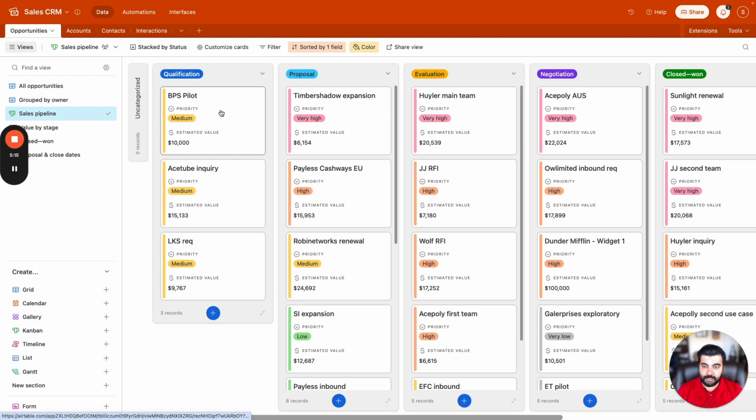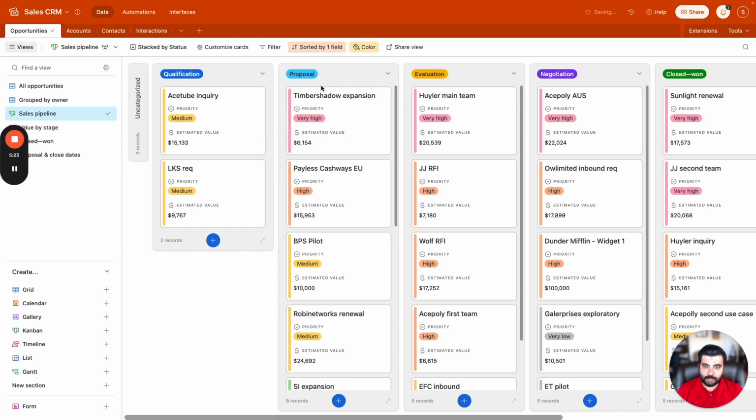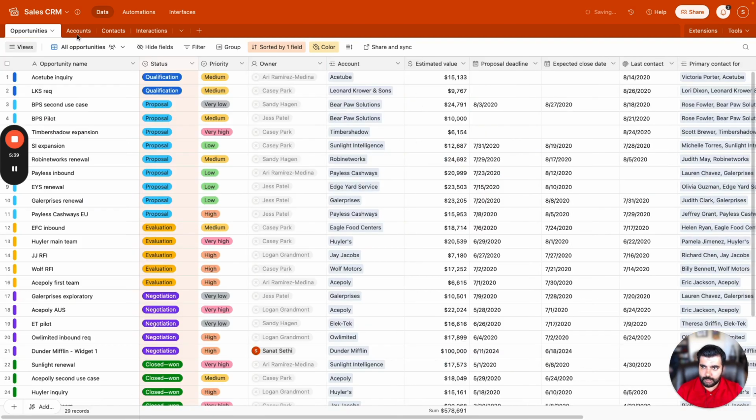And the nice thing about a view like this is we can actually drag and drop. And so if this is now moving to proposal, now you'll see the BPS pilot is in the proposal. And so again, a different way of looking at the information and a different way of actually moving information around in this case. And so if I go back to all opportunities,